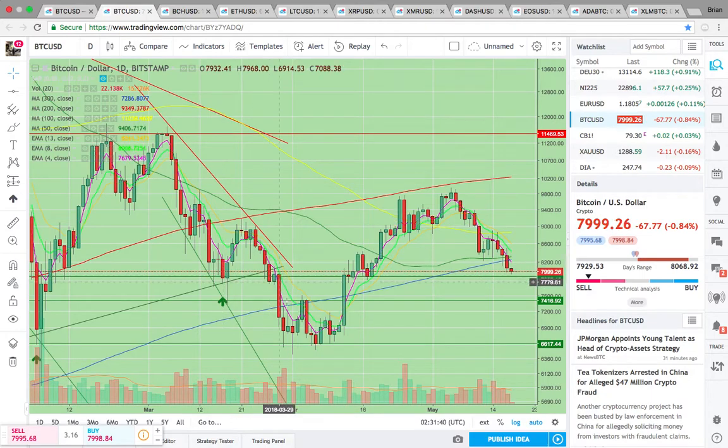It bounced off of here before it broke down. So this green line here, currently at 7,895, is a huge level, and so maybe this is where it's going to get a technical bounce. So keep an eye on it. If it does bounce, then it has to get above that 300-day simple moving average up here at 8,248